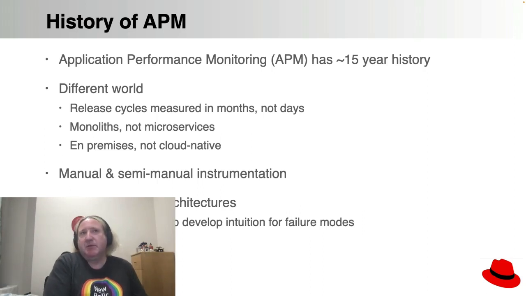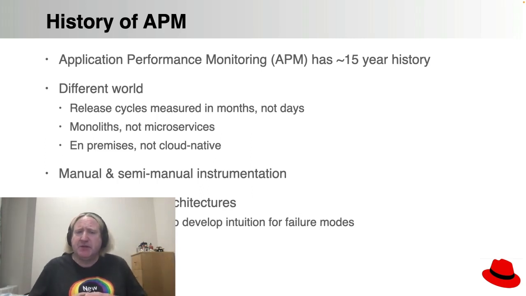We had release cycles that we measured in months, not in days or hours. Quite often the applications that I was working with back in those days, we would have maybe a release every 6 weeks, maybe a release every couple of months. And that was the cadence at which new versions of the software came out. This was before microservices, so we had a service-based architecture, but these were large-scale, quite monolithic services. And of course, we ran this all in our own data centers or rented data centers. There was no notion of an on-demand cloud in the same way that we have these days.